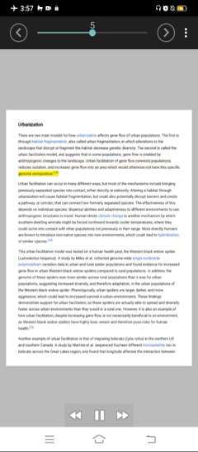23. Urban facilitation can occur in many different ways, but most of the mechanisms include bringing previously separated species into contact, either directly or indirectly. Altering a habitat through urbanization.